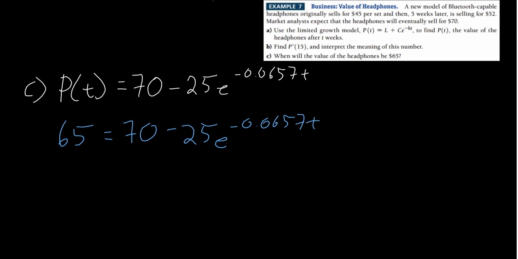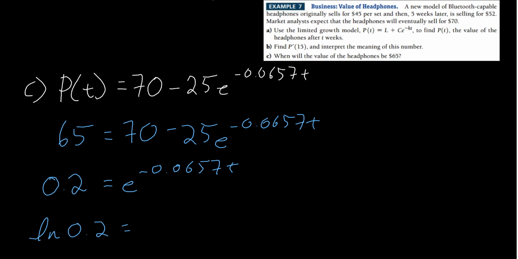Let's go ahead and do two things at once here. Let's subtract 70 from both sides, so we end up with a negative 5 on the left. We're going to divide both sides by negative 25, so it's going to be a positive 5 over 25, or positive 0.2. So 0.2 is equal to e to the negative 0.0657t. We're going to take the natural log of both sides, so we end up with the natural log of 0.2 is equal to, if I take the natural log of the right side, it just becomes negative